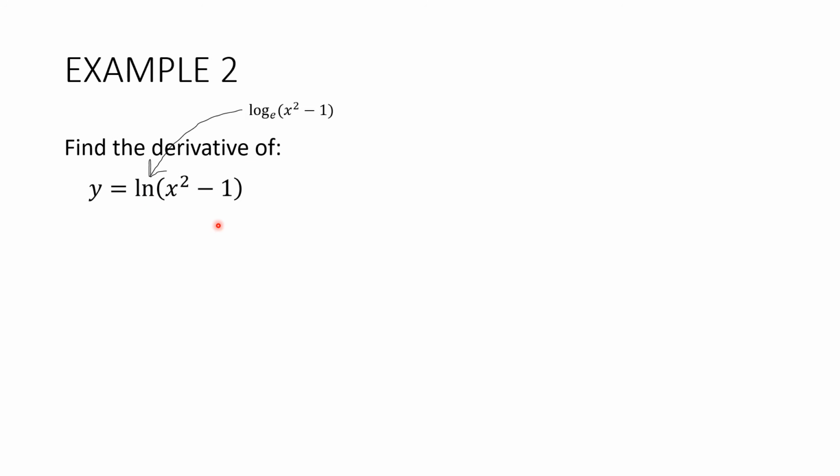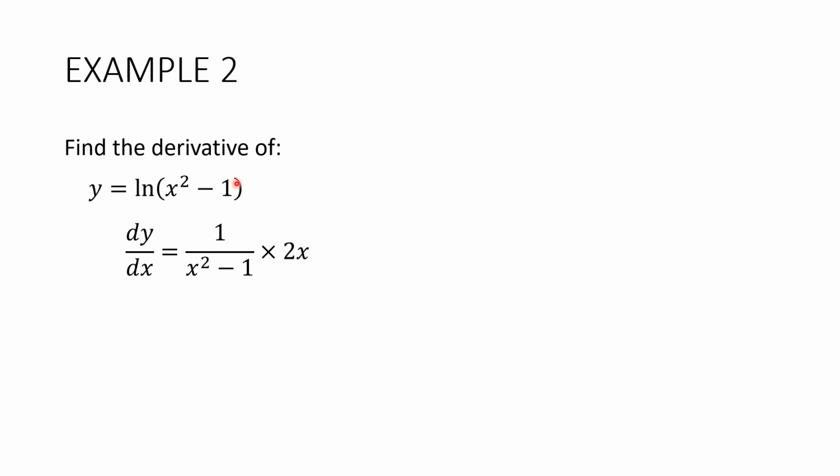We have a chain rule here. The outside function is log base e. The inside function is x squared take away 1. Let's do the outside function first. When we differentiate log base e, we get 1 over x. So that's going to be 1 over x squared take away 1, because we don't change that inner function, multiplied